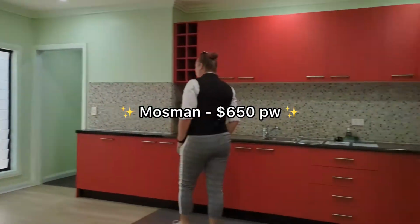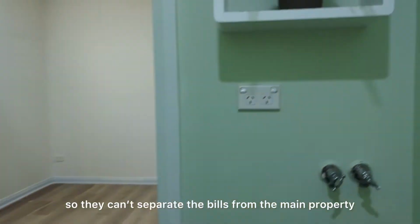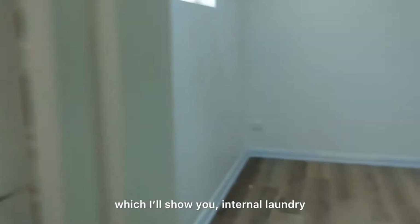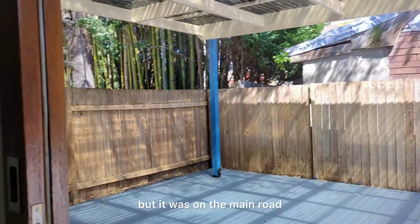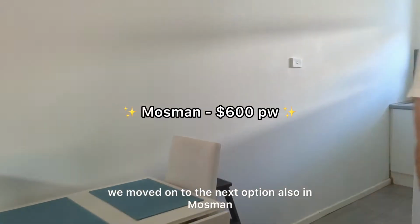This was in Mossman and it was a granny flat. The price is amazing because it does include bills because it is a granny flat, so they can't separate the bills from the main property. And it was quite spacious except for the bedroom, and it has everything you need. A big courtyard outside as well, which I'll show you. Internal laundry. In terms of location, it is off a main road, but if you walk 15 to 20 minutes you'll get to some of the North Shore beaches. But it was on the main road and the only way you could get to the city is through the bus, and I did not want to rely on the bus,